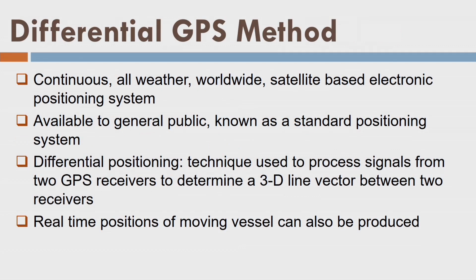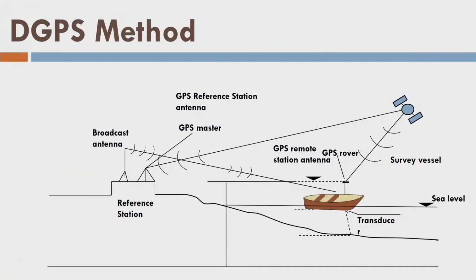Now, we are using the differential GPS. Because of the differential GPS, I will come to know the exact position x and y of the vessel or the boat. There is a GPS mounted in the boat and that is the rover, and there is a base station we have established on the shoreline. Generally, we take a permanent station so that if we repeat the survey, we can come to know what are the changes that happen over time in some of the positions in the sea.